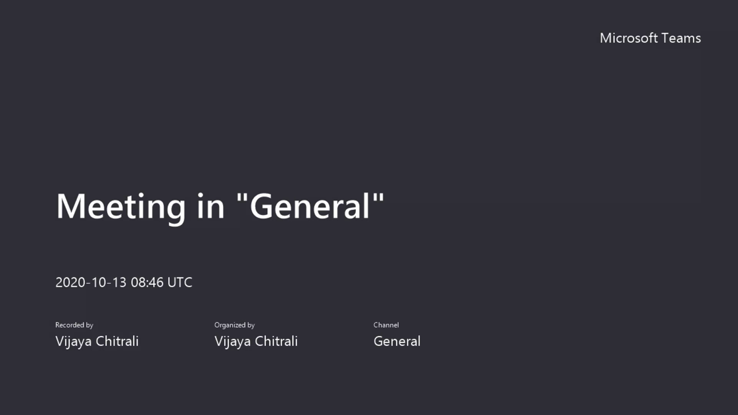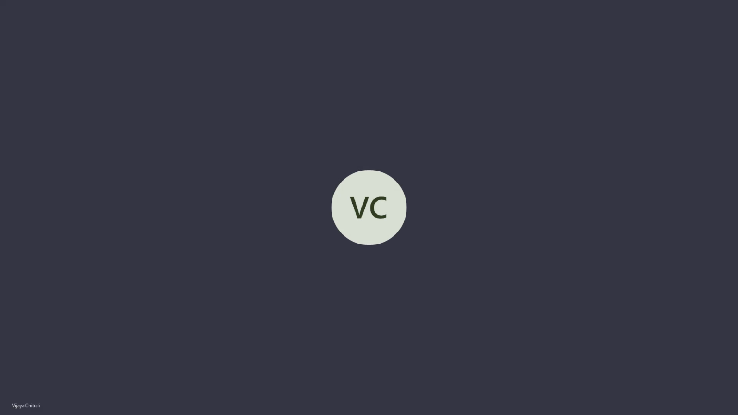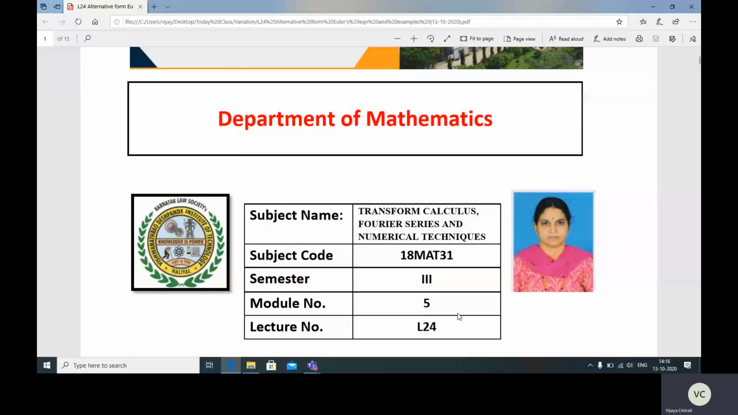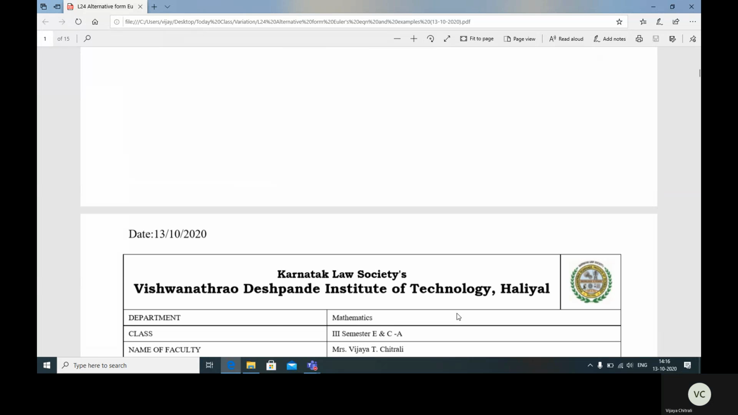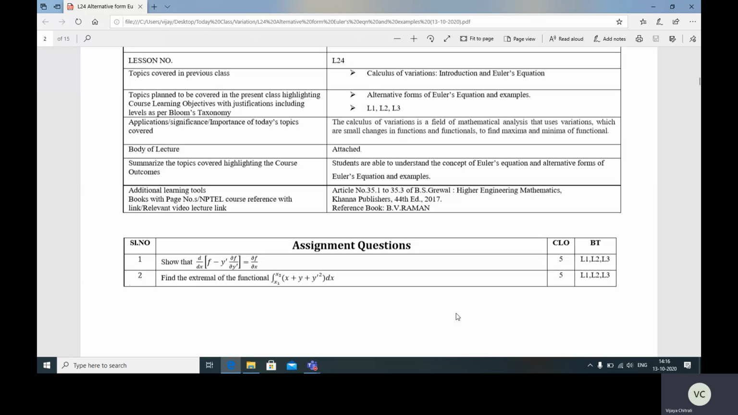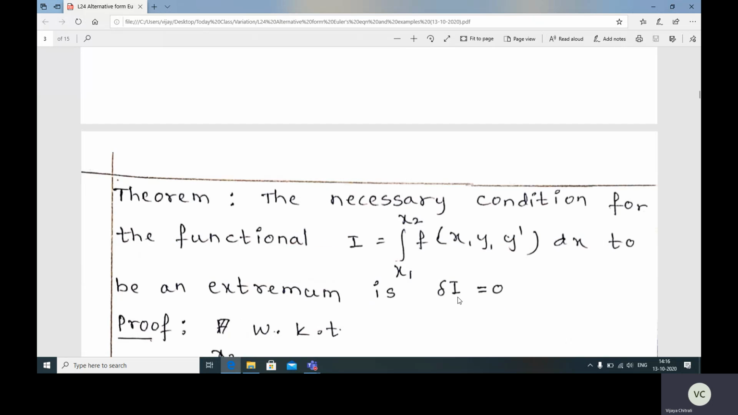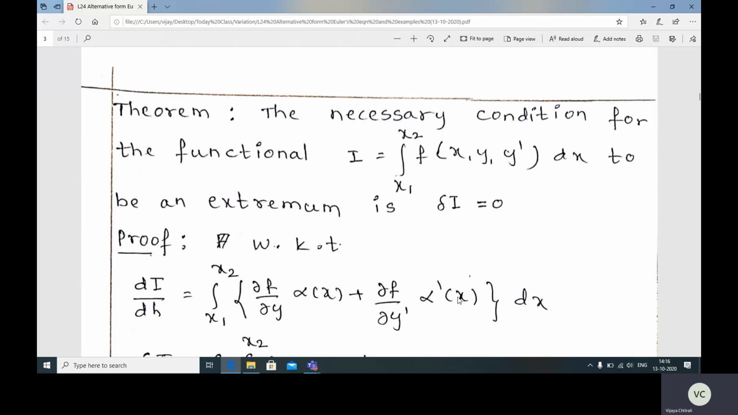In the previous class, we discussed Euler's equation, and in today's class we'll discuss alternative forms of Euler's equation and examples of Euler's equation. Before that, one theorem is there, so we'll discuss the necessary condition